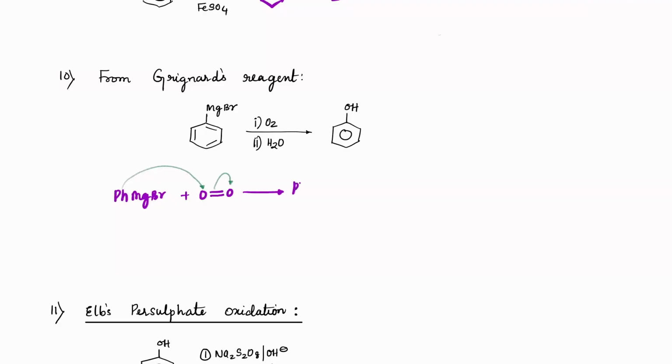That gives you PhOO minus MgBr plus, and the second mole of PhMgBr, however, attacks back on this oxygen, breaking this bond, and that's how you'll end up getting 2 moles of PhO minus MgBr plus,